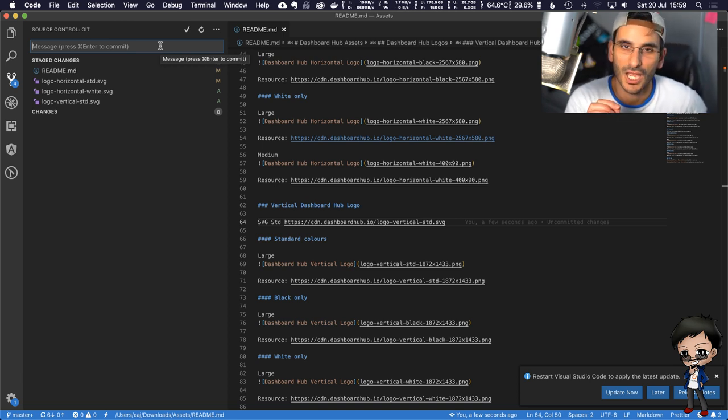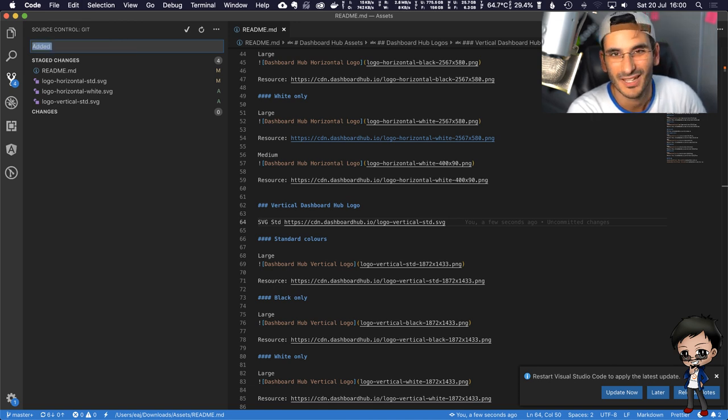I usually do commit conventions, which Angular do, which is like feature, would be logo, and then the ticket number and all the rest. But for this assets project, I'm a bit more relaxed. I'm not creating change logs from the commit messages. So I will just do added. Not added. They're going to see that from the commit. You'll see A and A and A. That's just silly. White. No. Horizontal. I did horizontal standard and horizontal white and vertical standards. Horizontal white and vertical standard.